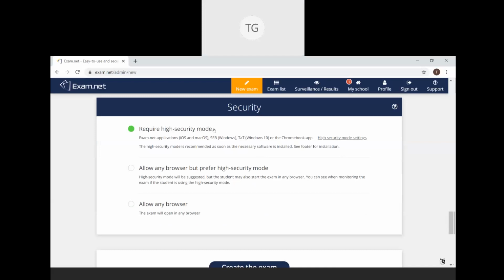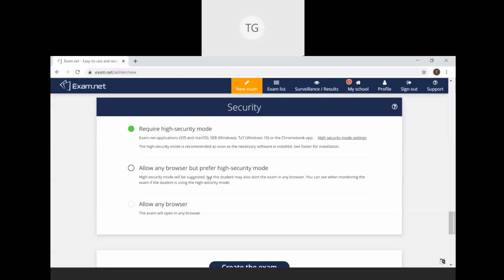The moment this mode is selected, the student will first be asked to download the safe browser plugin. Only then can he take up this exam, because I say this is a highly secured exam, or exam in high security mode, so it needs a safe browser plugin. Until and unless the student downloads that plugin on his system, and that plugin has certain requirements, the safety mode will not be enabled, right?